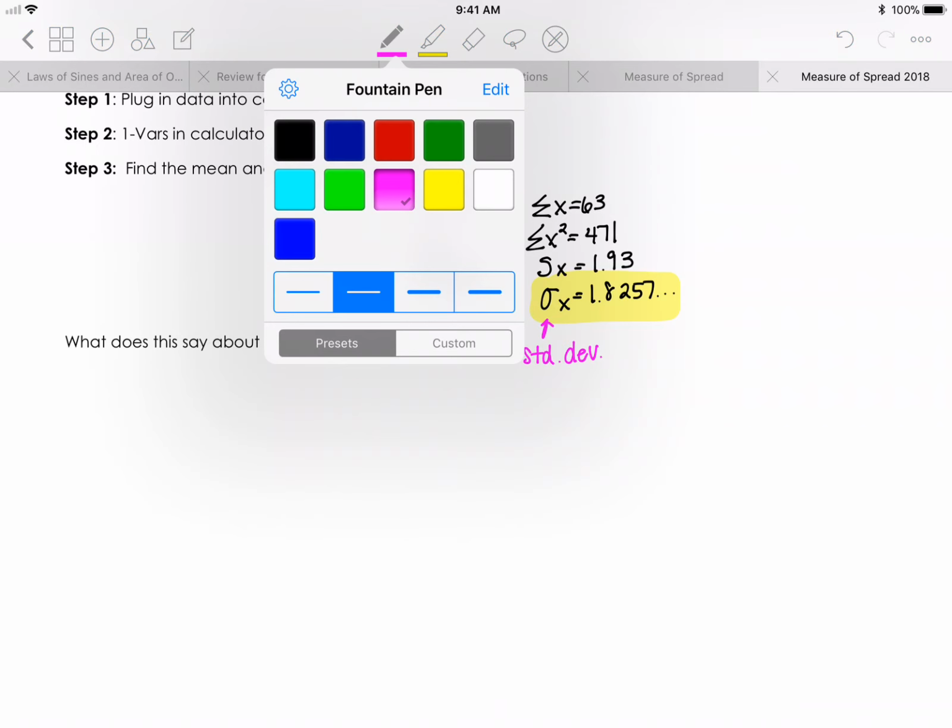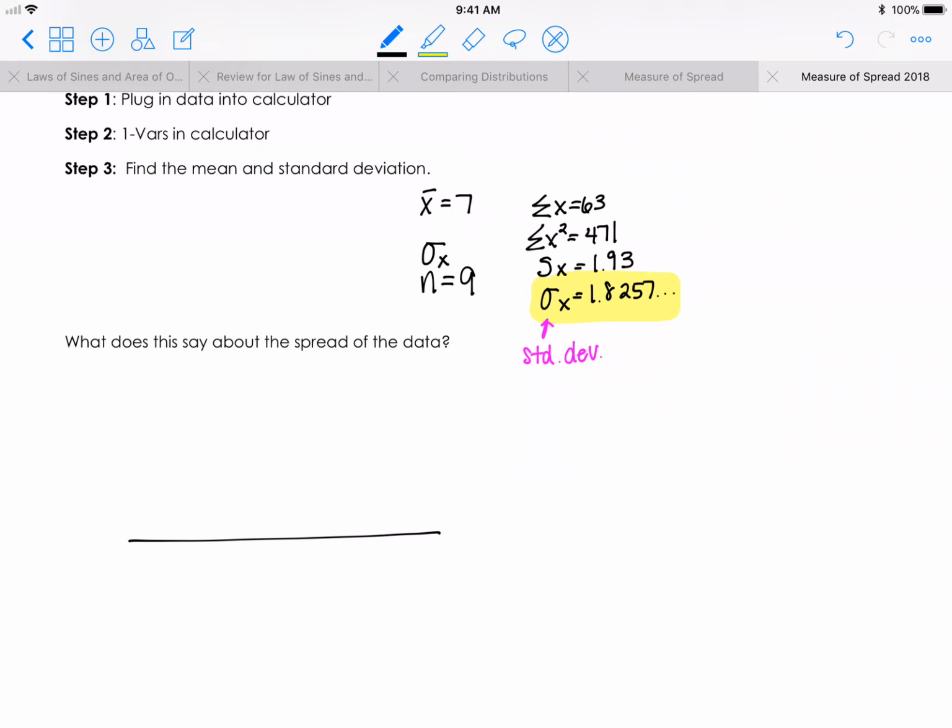If you were to look at this as like a number plot, and let's say 7 is the middle of your data, it's saying that most of the data is going to be around the center of your 7. So this is going to be, I would say, since the standard deviation